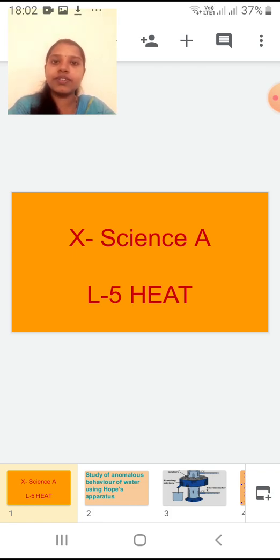Last presentation you studied different topics under this lesson. First one was the definition for heat, its units you saw. Then we saw the difference between heat and temperature. Next, you studied two new concepts, specific latent heat of fusion and specific latent heat of vaporization. During that experiment, we also studied the boiling point and melting point. And the last topic where we stopped was the anomalous behavior of water.